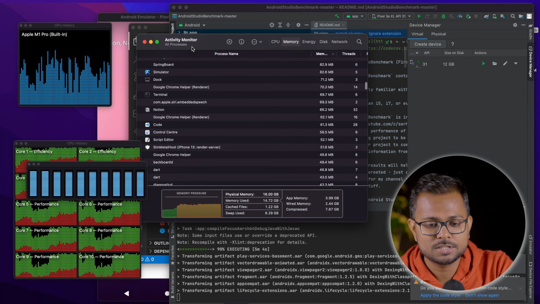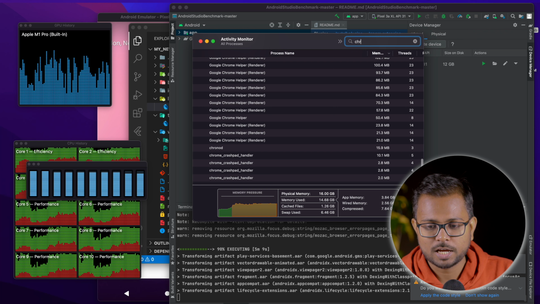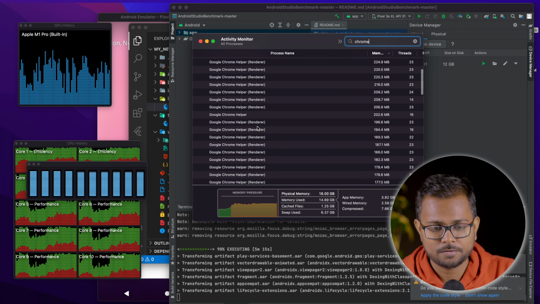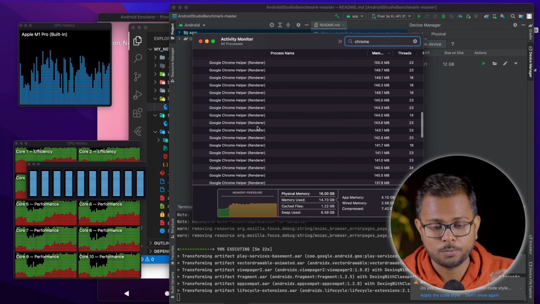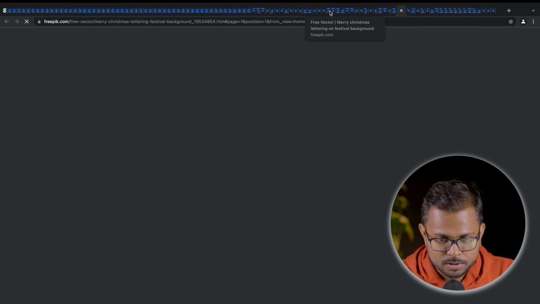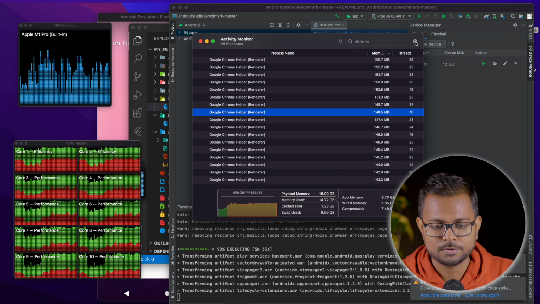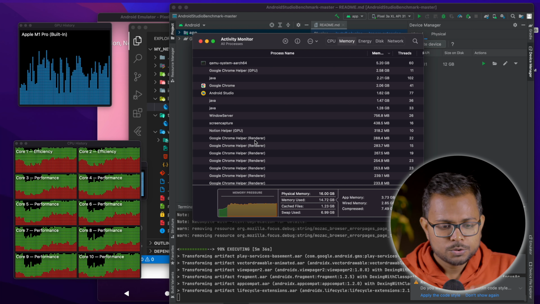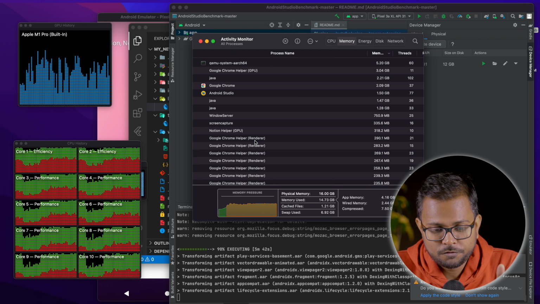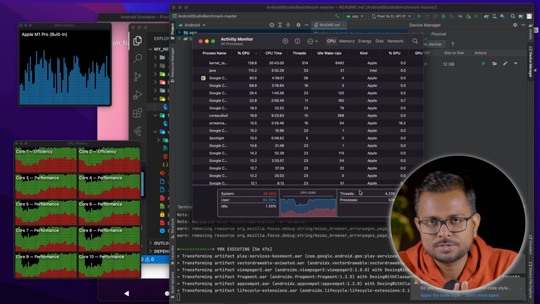If we have a look at the CPU monitor and memory monitor, and if I type Chrome here, we can see that there are a lot of tasks still pending for the Chrome helper renderer. So Chrome is still rendering the sites that we have opened, and Chrome is now resuming to get functional. So we can now switch between the tabs. One thing I can really say from this test, which is not yet finished because the CPU is just around 1% idle.